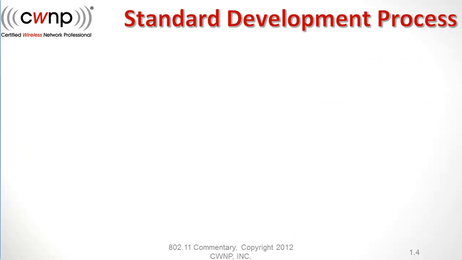Now let's talk specifically about the standard development process. First of all, it all starts out with a project authorization request. So it has to begin somewhere, and it begins in the world of ideas. Someone indicates there is a need for a standard, and the standard will be beneficial to a large group of people. And once it is acknowledged that there is really a need for this standard, and that it would benefit a large group of people, and it would fill a technical need, then it can be voted on and approved to become a project or a task group within a project so that we can actually accomplish the end goal of implementing something in a standard.